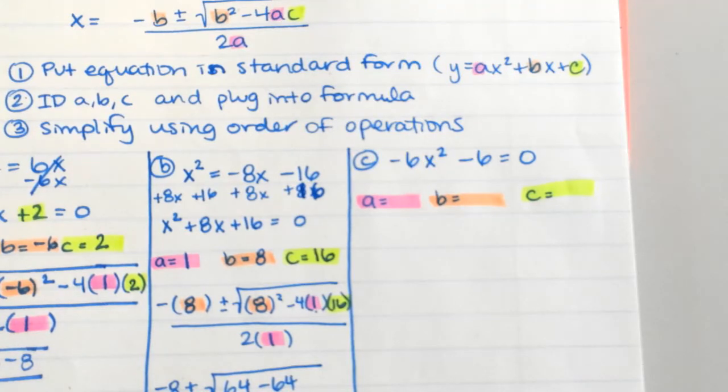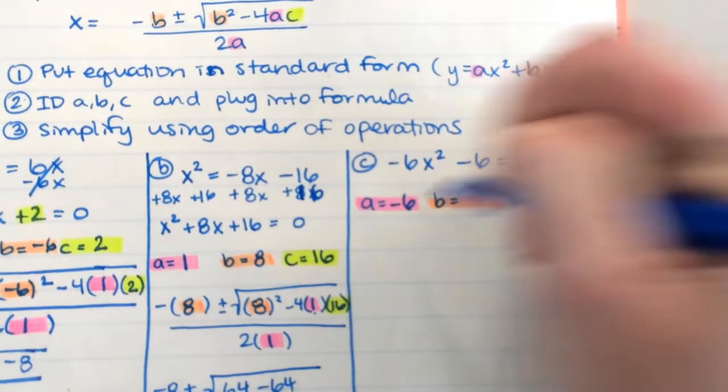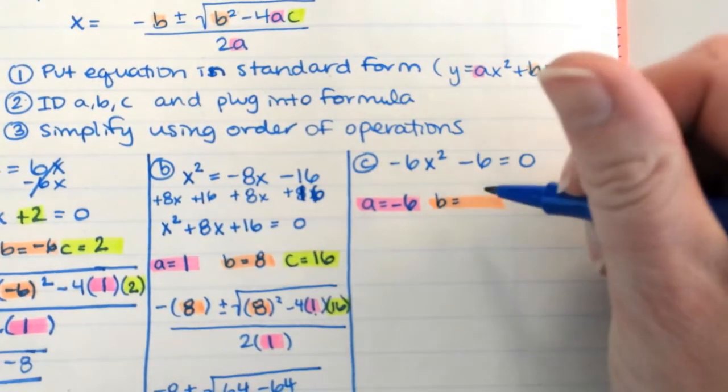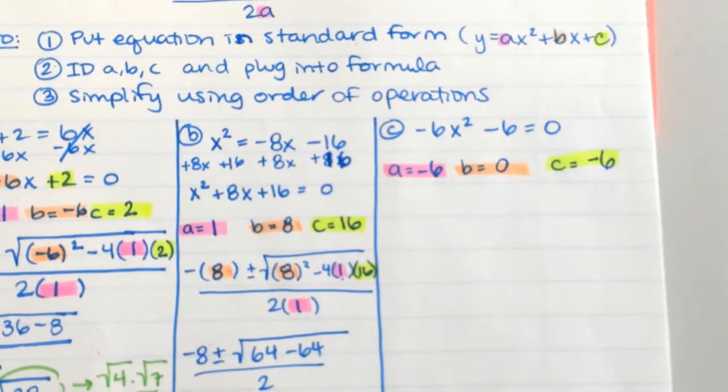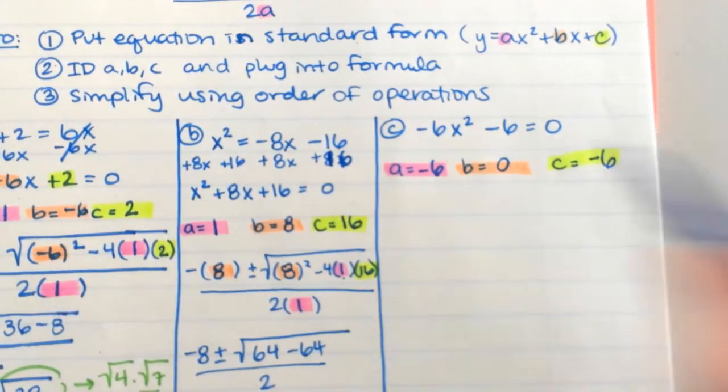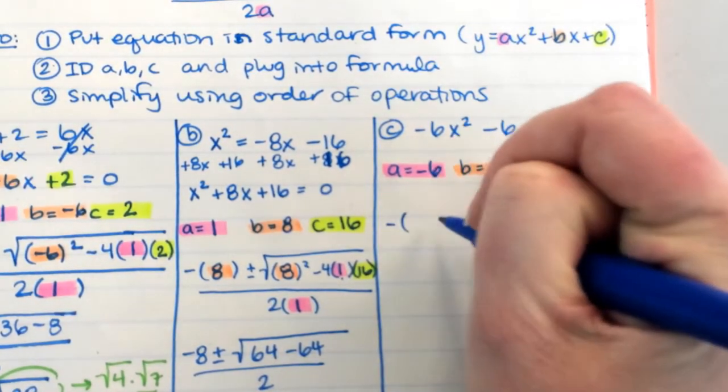All right. So what is the A value in this scenario? All right, so it's -6. What is the B value? So that's the term that's missing. So it's just going to be 0, and then C would be -6 as well. Questions about getting that far? All right, so if I start to substitute into the formula,